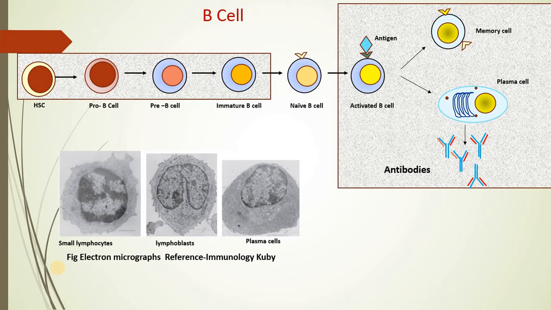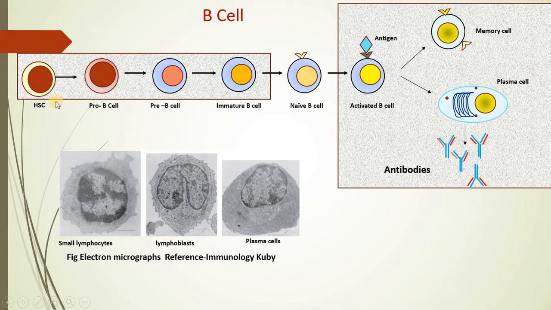So here we can say that small developmental changes are seen within the bone marrow, and further these B cells, in immature or naive condition, are seen circulating throughout the body, wherein they go to various secondary lymphoid organs and become active. So let us go through the course of development of the B cell.